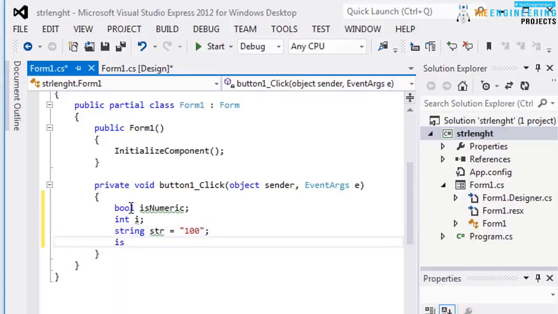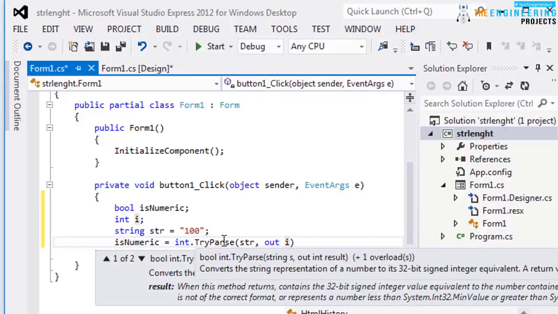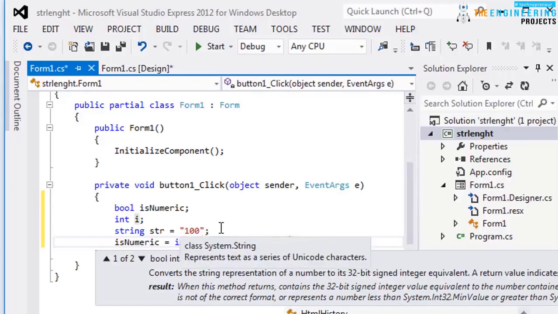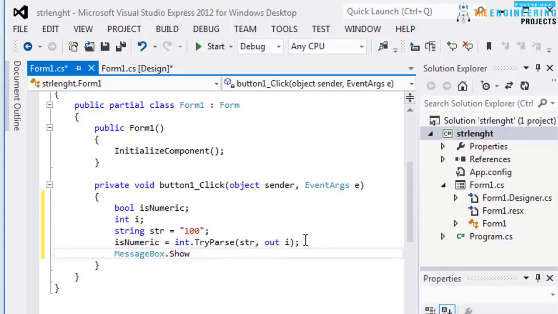Then I say isNumeric is equal to int.TryParse(str, out i). It means please check whether this string is of numeric type. If yes, then store it in this integer variable as a numeric value,